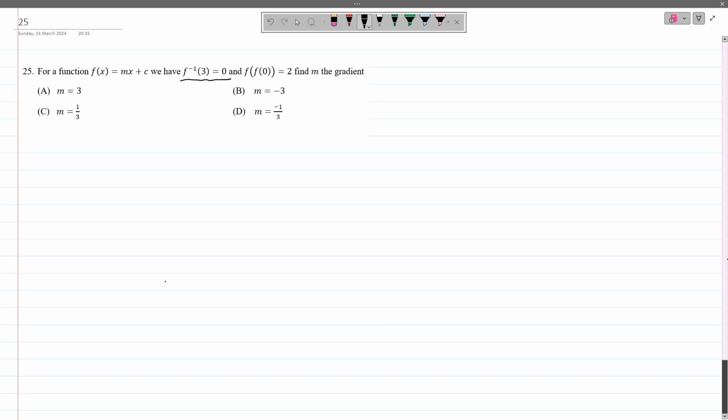Since we know those coordinates to be 0 and 3, well, the coordinates are actually for the inverse, so it will be 3 and 0, but since we are looking for the gradient of the original function, we need to invert the coordinates to give us that. So these are the coordinates, and then we can substitute the second part to get